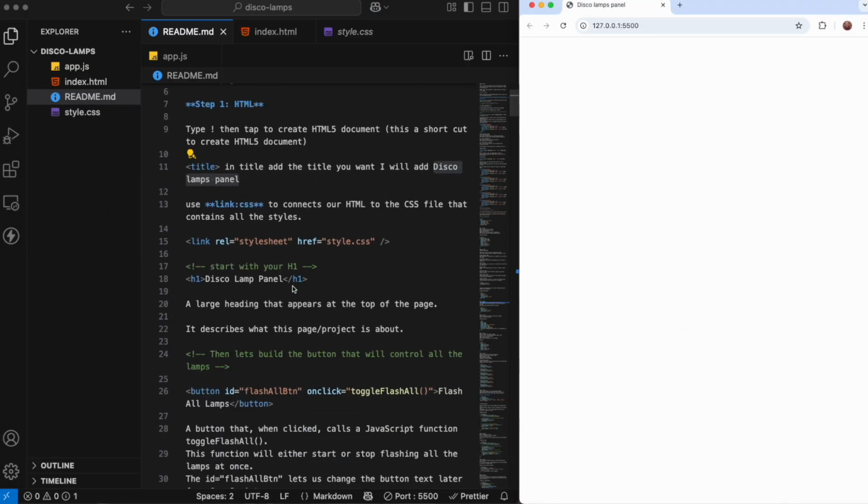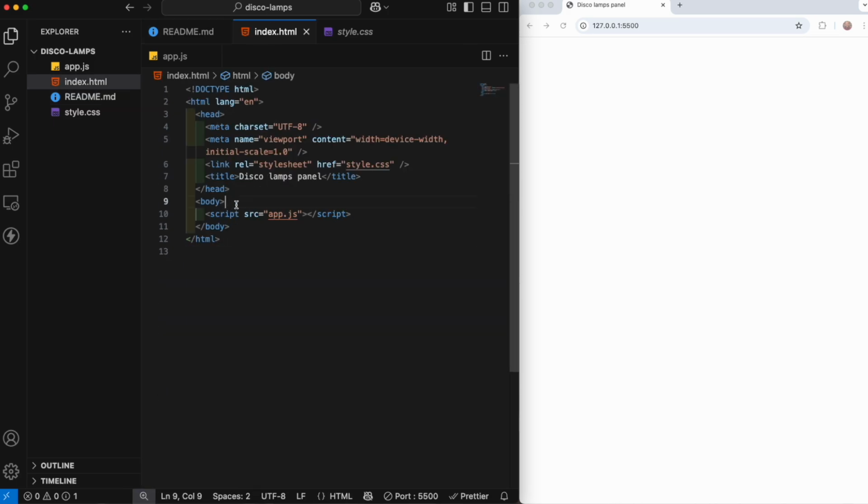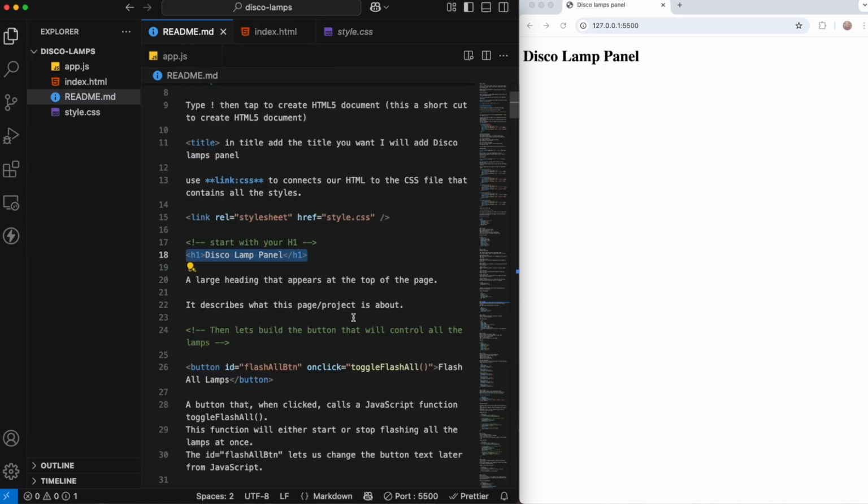So I will start by adding the h1 in the body, and it appears here, but there is no style, so we'll style it later. And after that